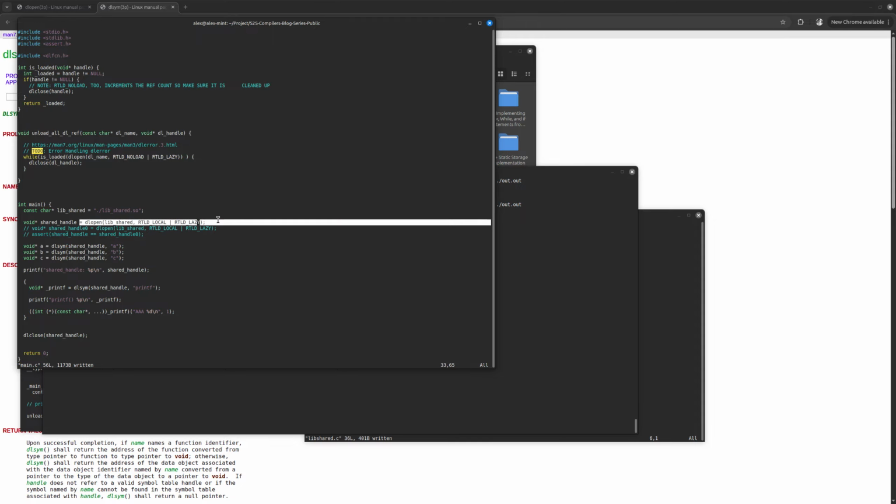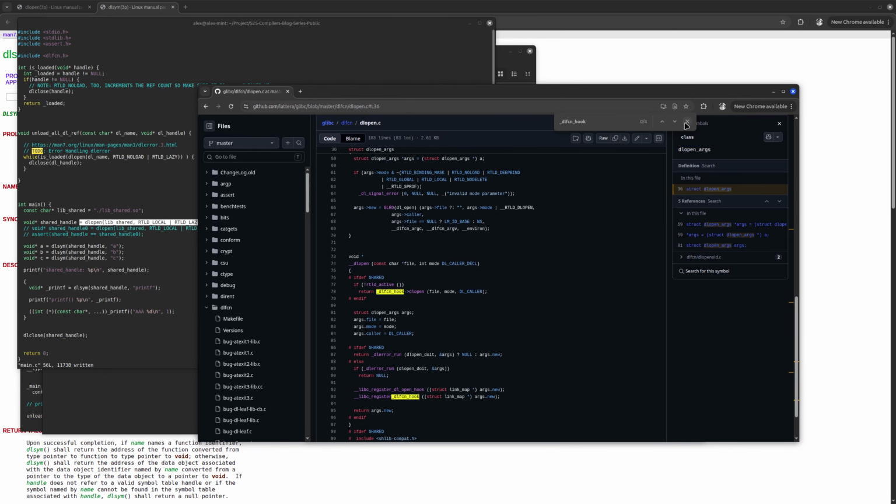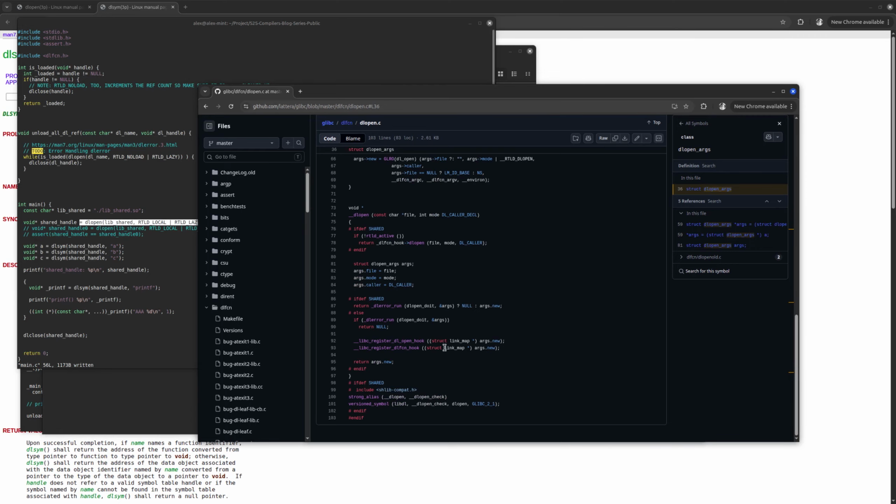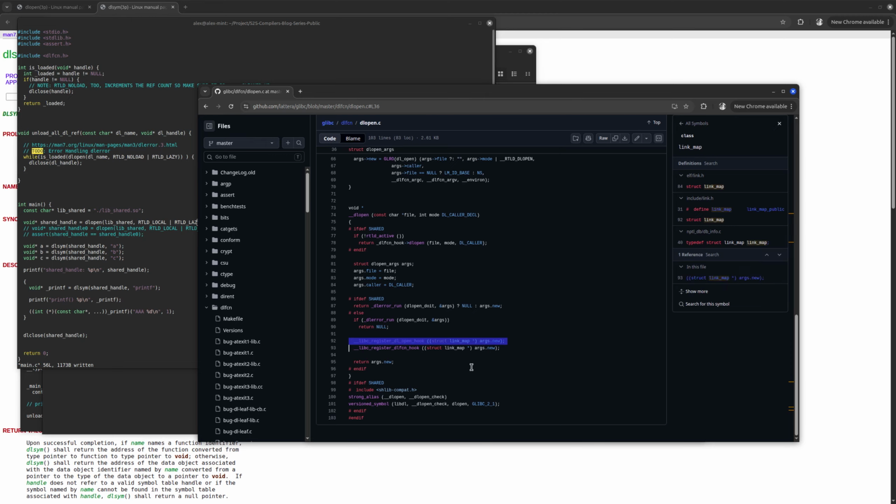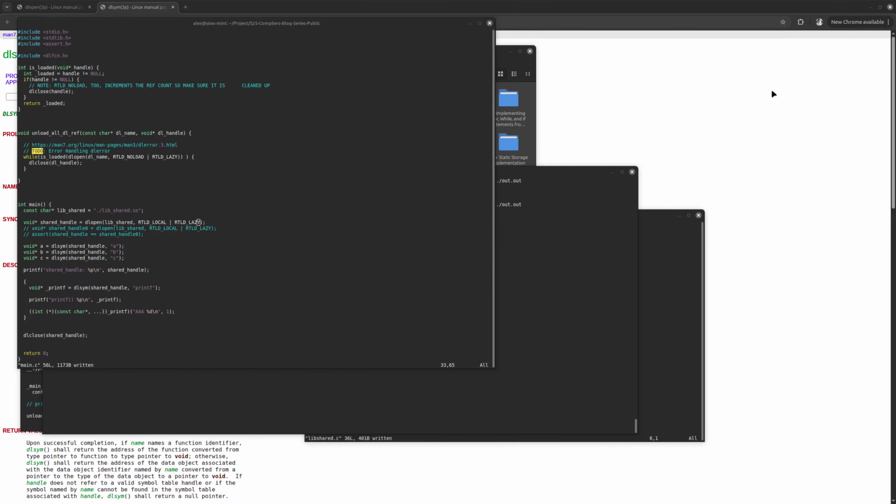But once we do dlopen, what happens is we create something called a link map, and if you break down the source code of dlopen here, you'll see that we are indeed using this structure once we open a file. But before that, if we break down the usage of dlopen itself, it is going to sort of let us clear the desk. And with these two lines here that I've added,